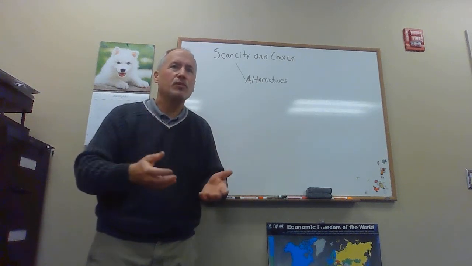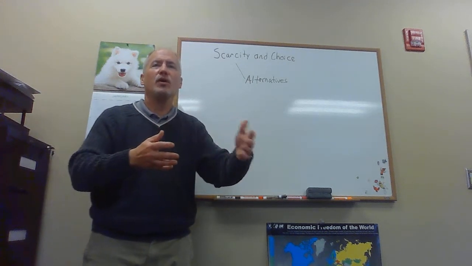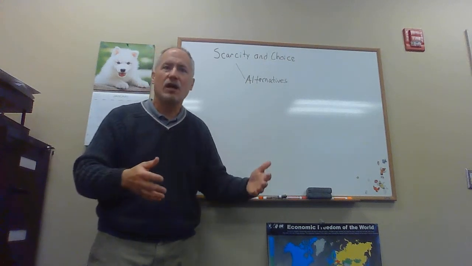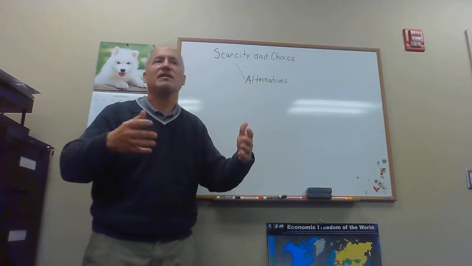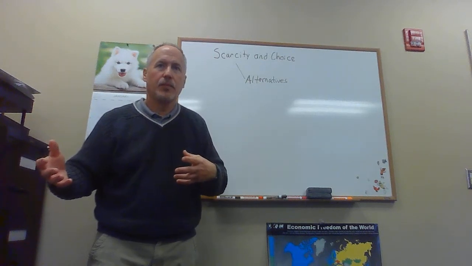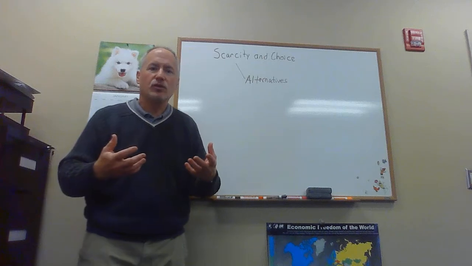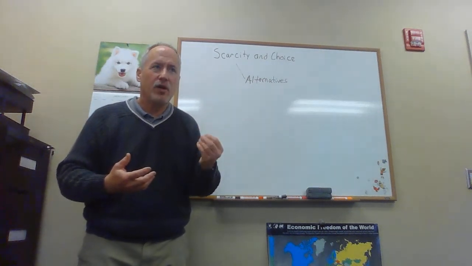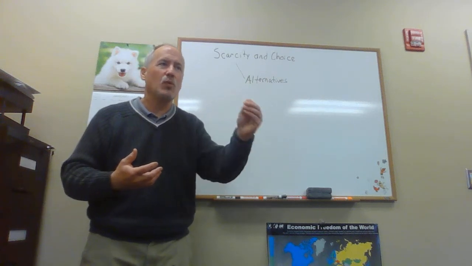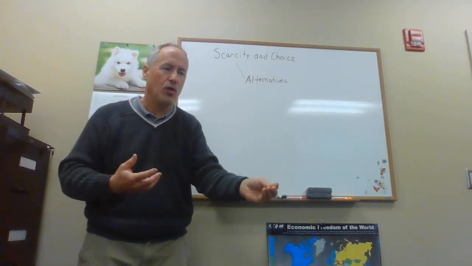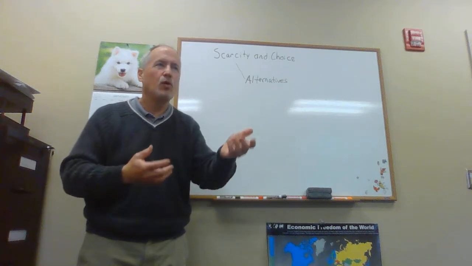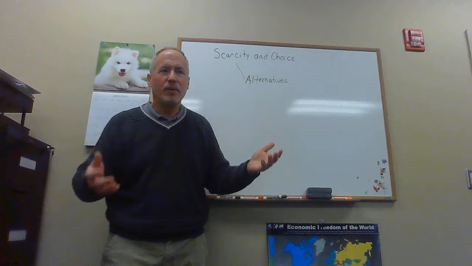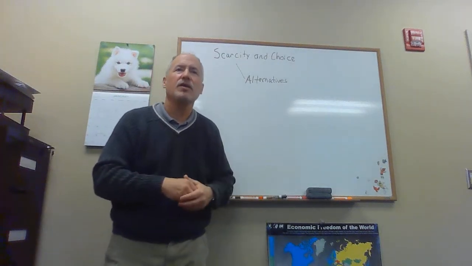If you chose to never come to Troy University, you don't know what your life would have been like had you chosen to go to another university or not go to college at all, and you don't get to live that life. You have to imagine what these things would be like. And so when we think about trade-offs, if we choose to buy coconuts and pineapples when we're at the store, then we're choosing not to buy strawberries and celery and other things.